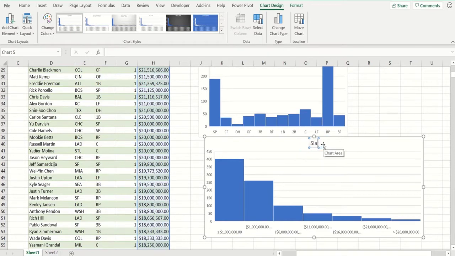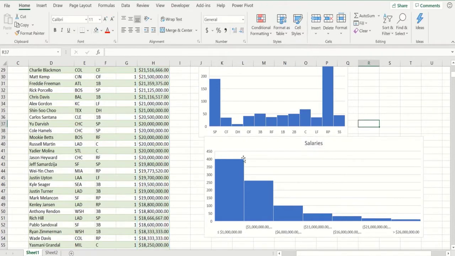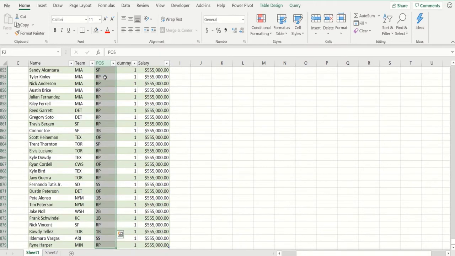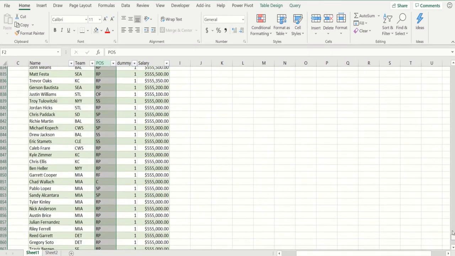Okay, now we could try a box plot, because this is probably the best thing by position to see what's going on, because you can see the outliers very easily. So if I want to do a box plot, I'm going to do position. Now these are in different columns, not adjacent columns. I've got to do position, hold down the control key and come back up, which is a bit of a pain